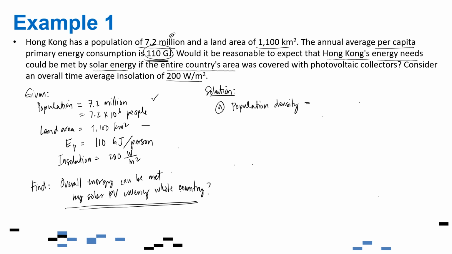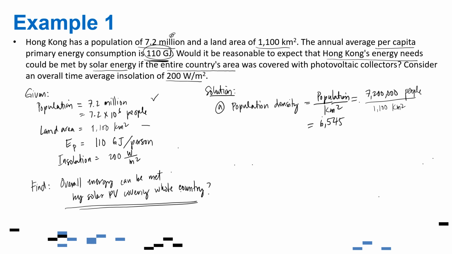So we can put the population density as population per square kilometer. We are given 7.2 million people, per the whole area of Hong Kong, which is 1,100 square kilometers. So the answer for this is